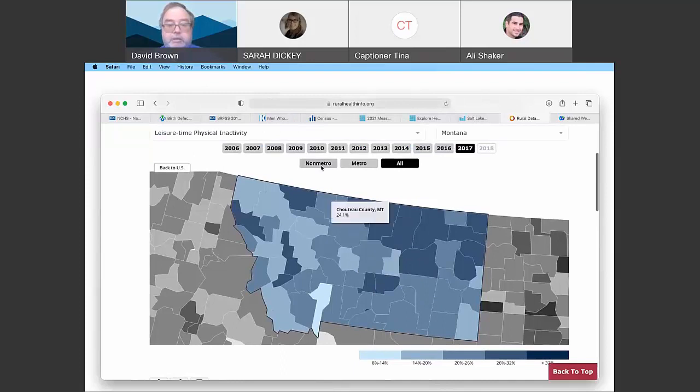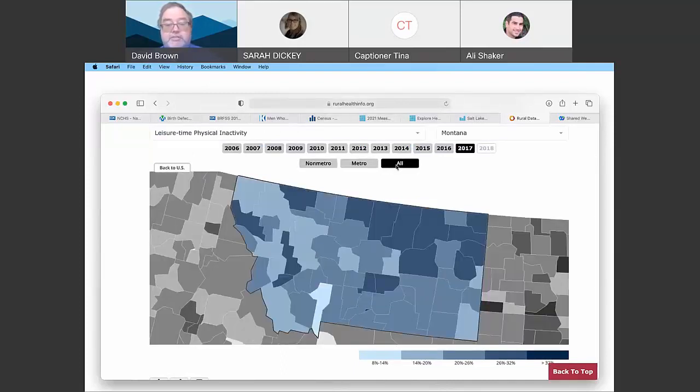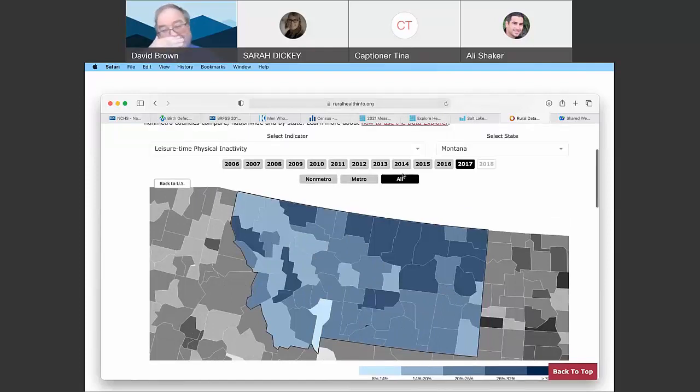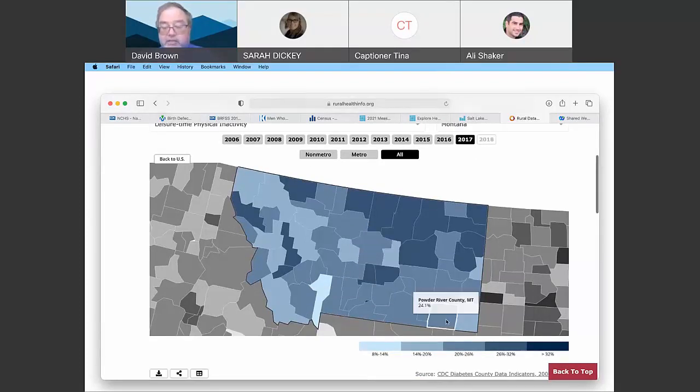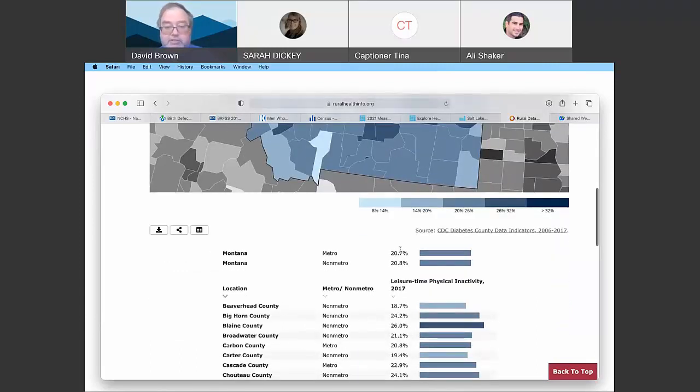Also, you can do it by non-metro versus metro areas. Lots of ways of looking at this. Now, again, their data is only from 2017. So not everything is always most current. It depends on the state when the last information was available. And again, you can make graphs on it. You can look at the comparisons between metro and non-metro. Not a big difference here